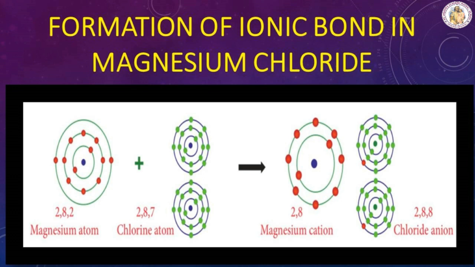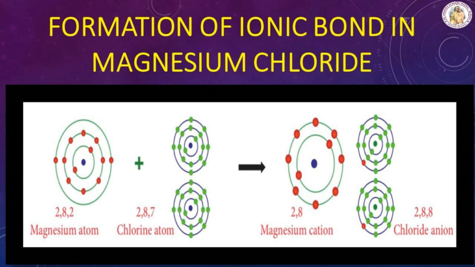So magnesium has a tendency to lose two electrons from its outermost shell and acquire a stable electronic configuration, forming magnesium cation, that is Mg2+. As explained earlier, two chlorine atoms will gain the two electrons lost by the magnesium atom, forming magnesium chloride molecule